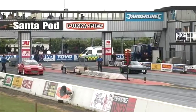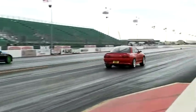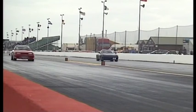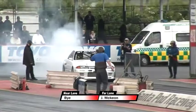We're into the street class then. Steve Mann, remember, didn't have to face off against Tony Chance because he didn't make it to the line. James Wilday is neck and neck with the Skyline. Looks like Steve Mann's just got the edge at the top end. Takes it by a car's length. With 11.61, gave away 0.4 of a second. The quicker car loses because the driver...